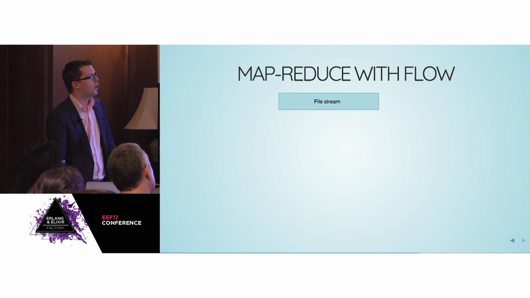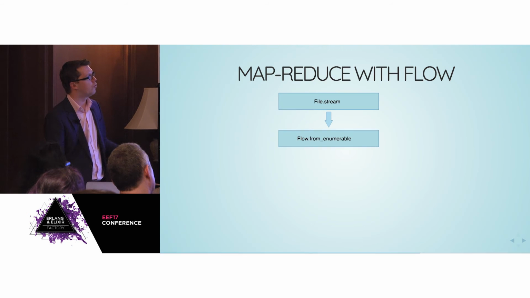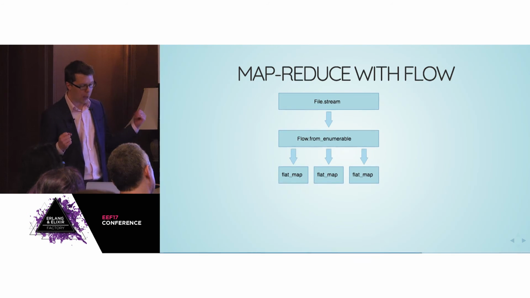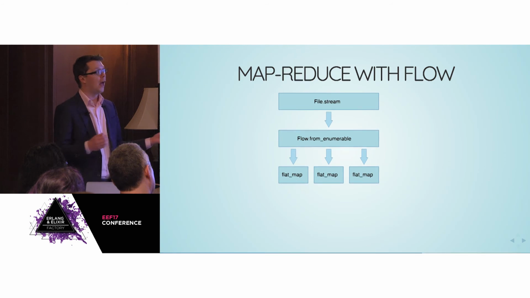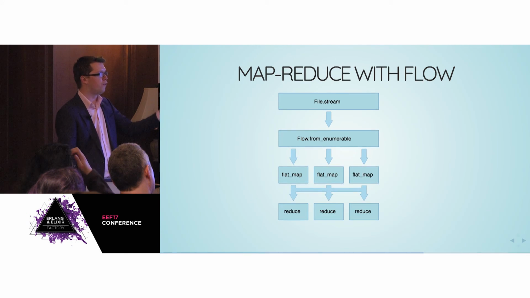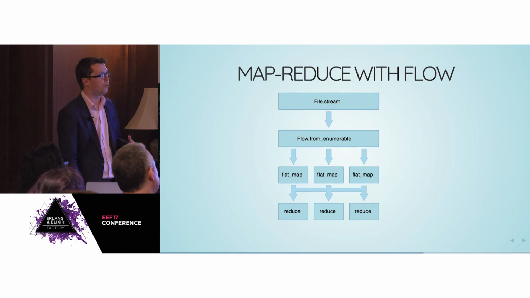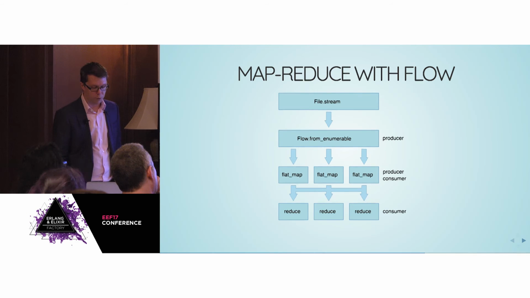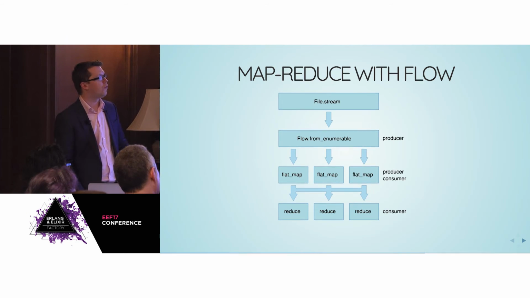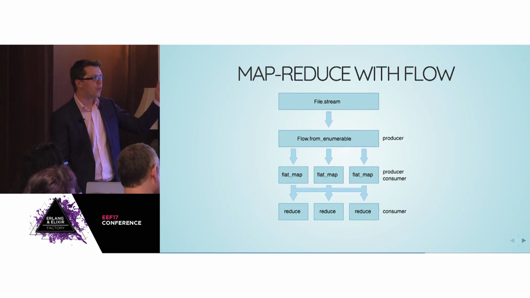The way that this would work is you would stream a file into the Flow from_enumerable function, and then you pipe that into Flow.flat_map, and Flow will decide how many mappers it wants to pass that through, and similarly how many Flow reducers it wants to pipe it through. And you don't really have to do any thinking about this. The machine knows what to do. And these roughly map to the stages that we know from GenStage.